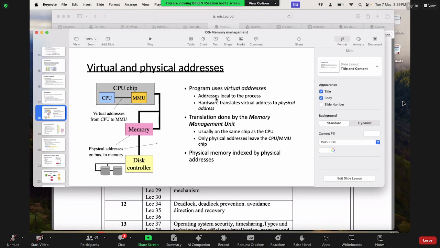So process program uses virtual addresses local to the process. Now hardware translates this virtual address to physical address. Mostly this MMU is the part which takes the